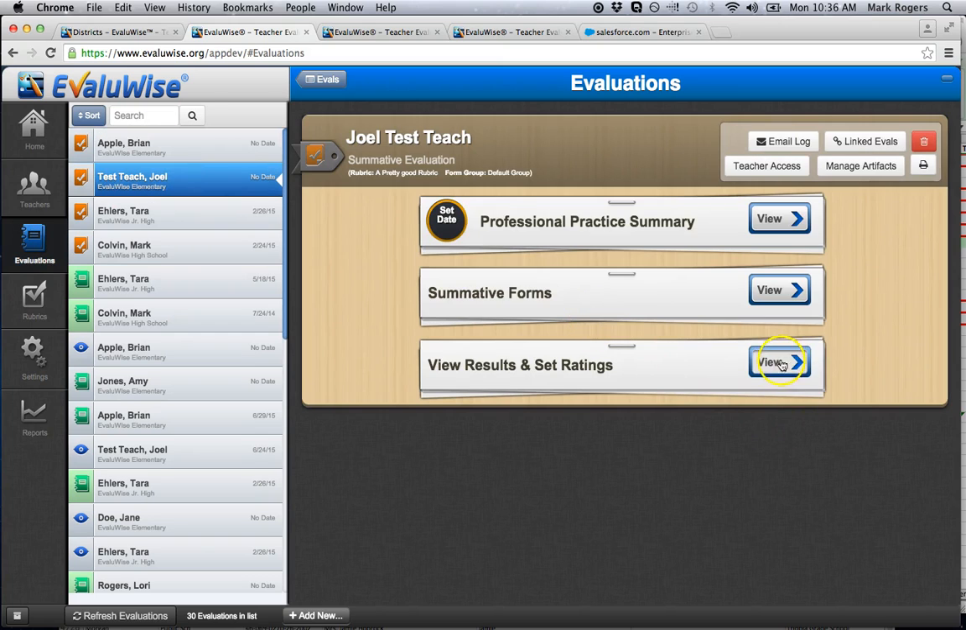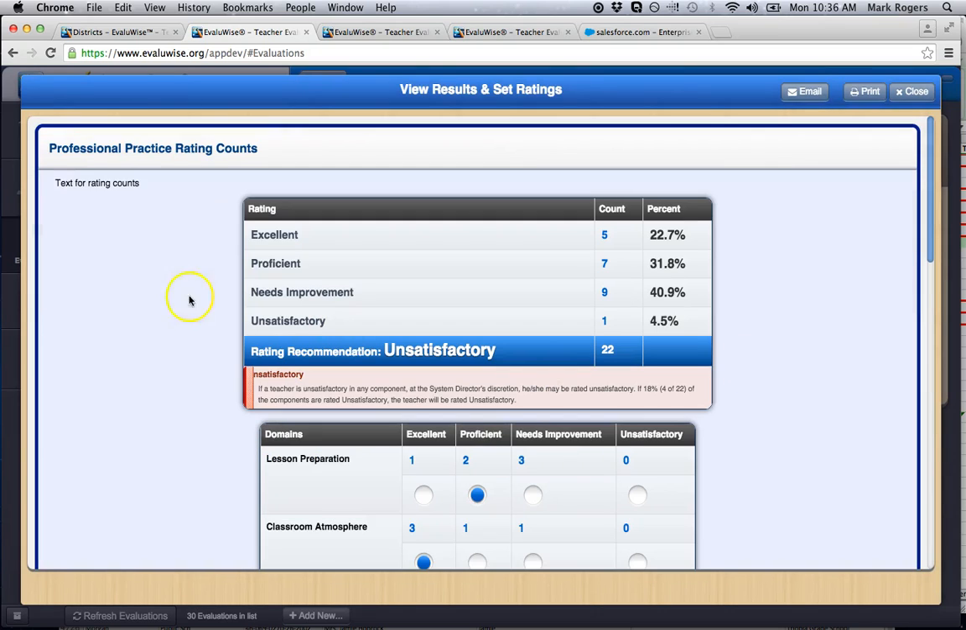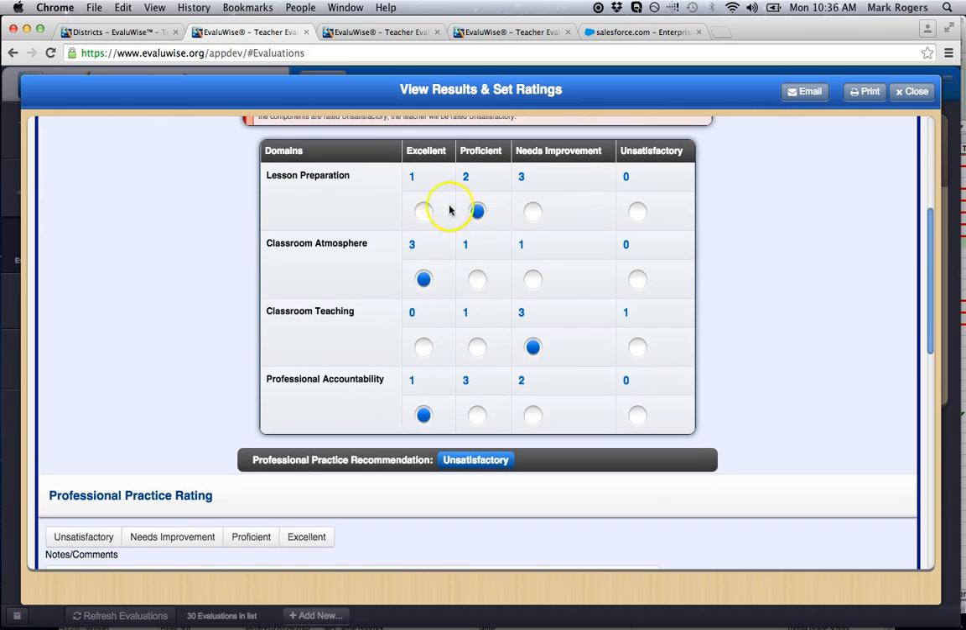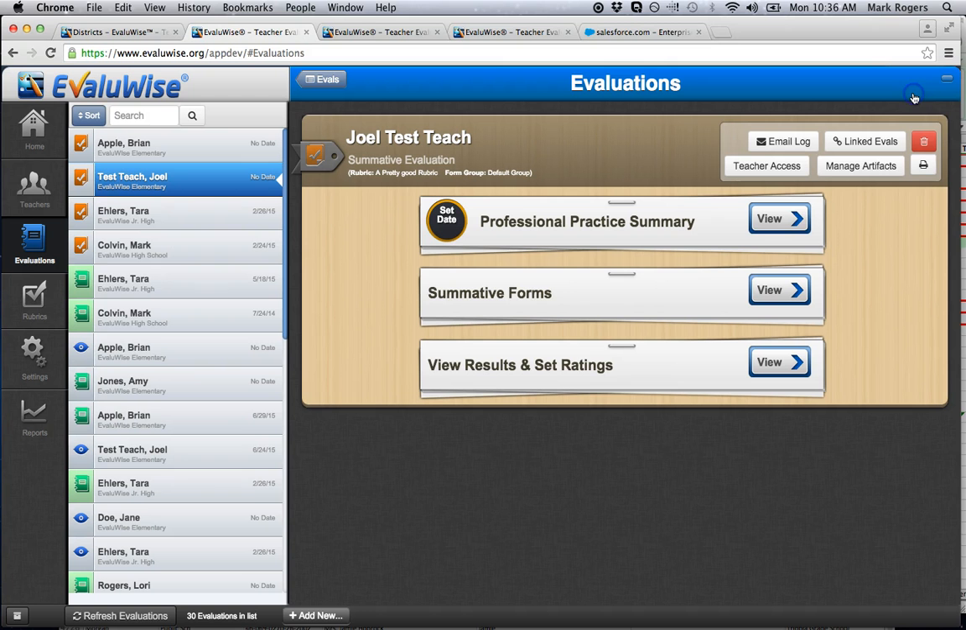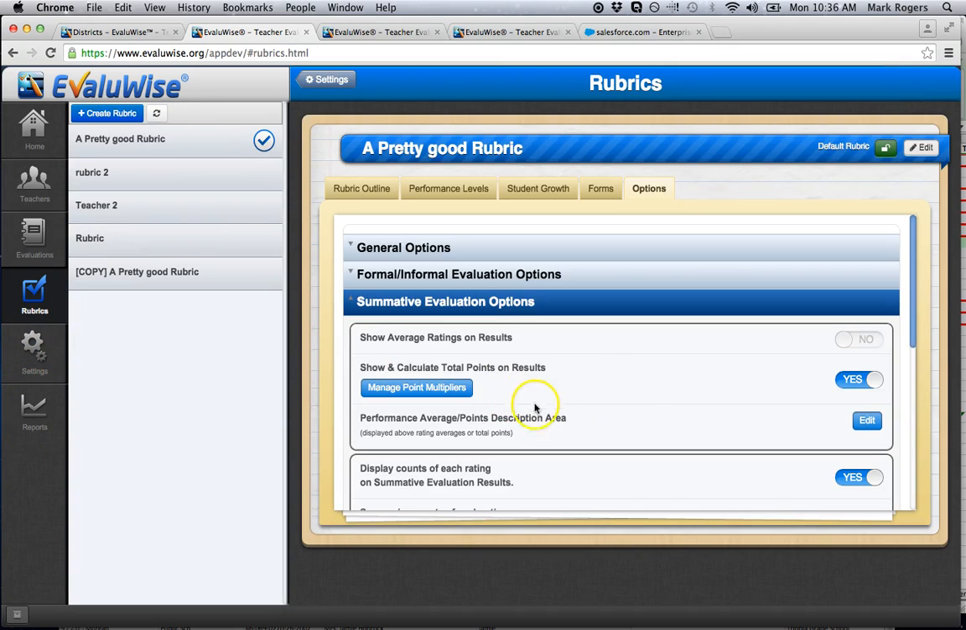So if we look at that here, that would be this text up here. These are your performance counts, and then here would be your performance counts by domain, where you could select the rating level. Go back to the rubrics,